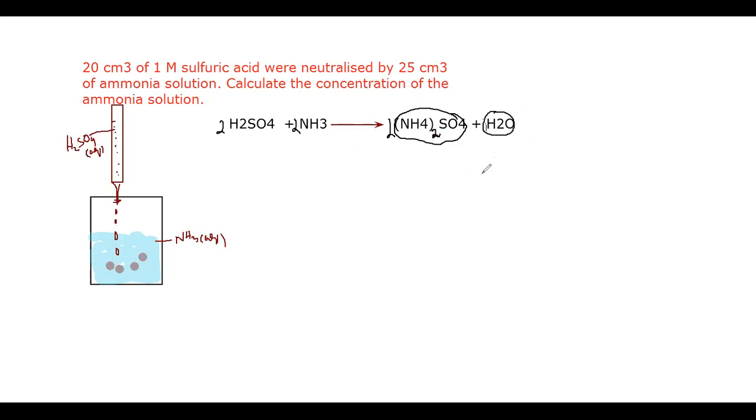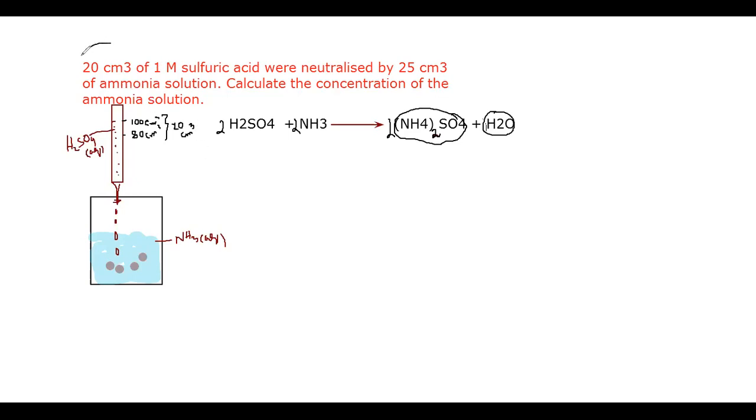Now beta, the question is that the initial volume of the sulfuric acid, let's suppose that was 100 cubic centimeter, and it will become 80 cubic centimeter. By using the volumes, what's the difference? How much sulfuric acid has been used here? That is the difference of these two, 20 cubic centimeter. The 20 cubic centimeter volume has been used.